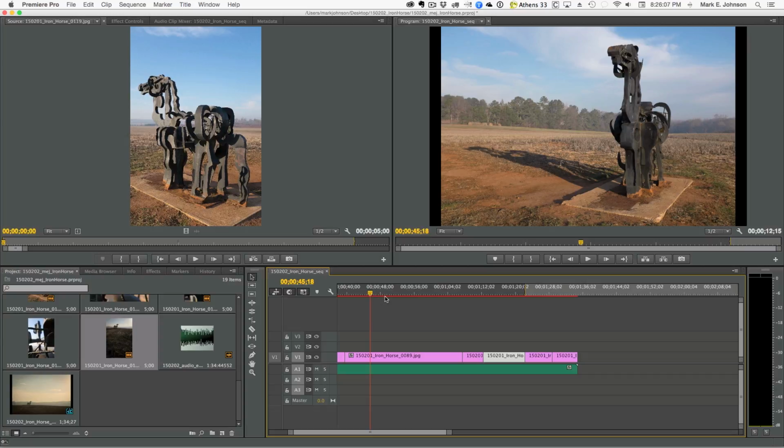Now, one of the things you may notice is that when it's paused like this, the image quality is really good, but when I play it, you'll notice that the image quality drops. And the reason for that is this pull down right here. One of the things that Premiere Pro will allow us to do is to play things at a lower resolution, and that just allows your machine to run a little bit faster. If you wanted to, you can go ahead and you could plug that back up to full, and you'll see that it plays at full resolution,